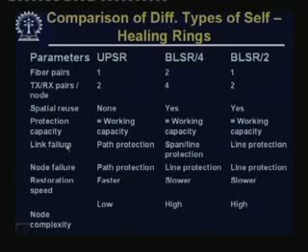Link failure is path protection in the case of UPSR, or span or line protection in the case of BLSR 4. In case of BLSR 2 it is only line protection because it will have to go in the other direction. Node failure is path protection, line protection and line protection. Restoration is faster in UPSR, somewhat slower in BLSRs, and node complexity is low, high and high. Anyway,